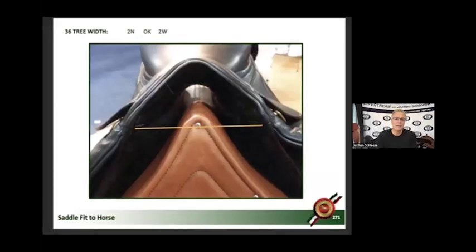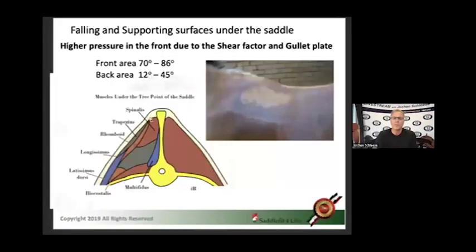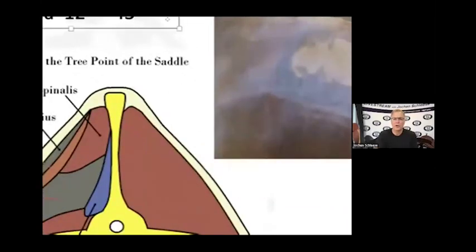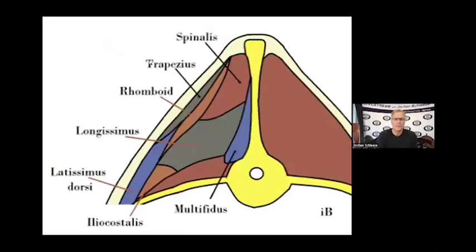So if you have a saddle that's too wide, it will always put pressure. This is really, really, really important. Okay, it will always put pressure on this muscle, on the splenialis and the trapezius. You do not want any pressure on this muscle, or that muscle. So if you have the tree just flare out, okay, and now you have a wide tree, and says, oh, you know what? It's okay because I'm going to have a saddle pad.